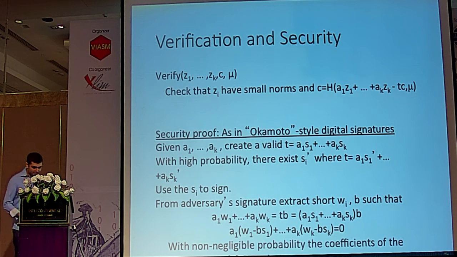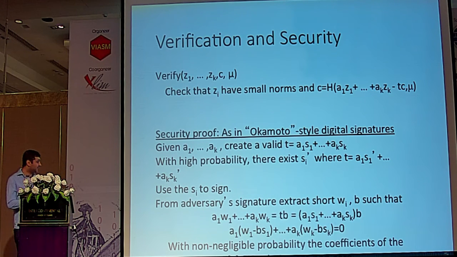Yeah, okay. So it kind of made an extra line, so I didn't even know what it says. Yeah, okay, that's what I said. So with non-negligible probability, the coefficients are non-zero, okay? So that's sort of the whole proof.